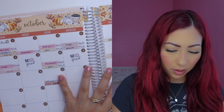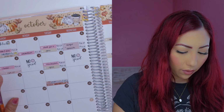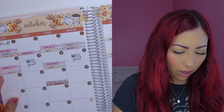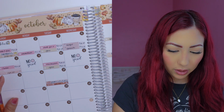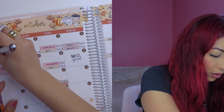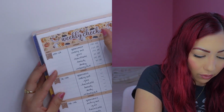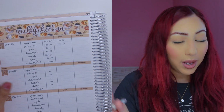Gonna go through all this. 44 for Smoke and Fire, 41 for Sonora Town, 27 for Chick-fil-A, and 14 for Popeyes. So the first week is from the 29th until the 6th. So that was $140 spent for eating out, which, as you guys can see, is already over budget, but that's